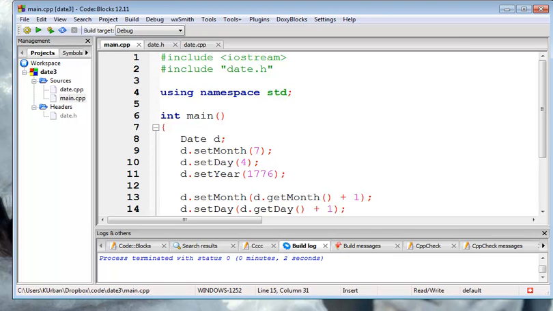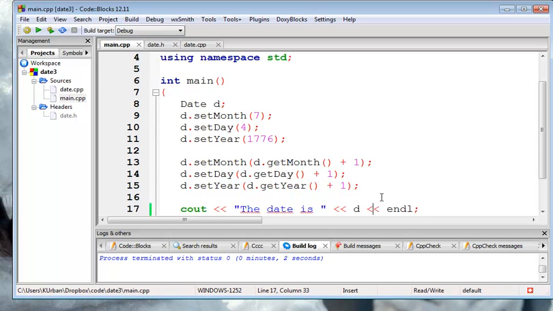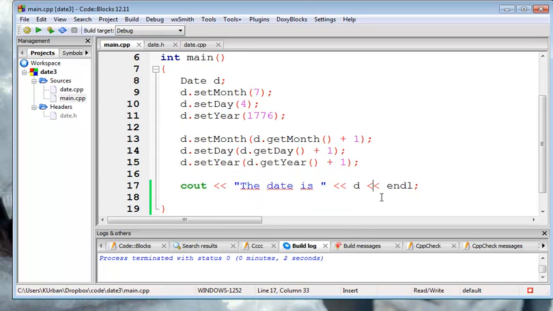Welcome to CSC 125. We're going to be adding an overloaded plus plus operator to the Date class here. So I guess, well, here, let me show you what the idea is. The idea is right there, we just printed out a day. And this could be done differently, but